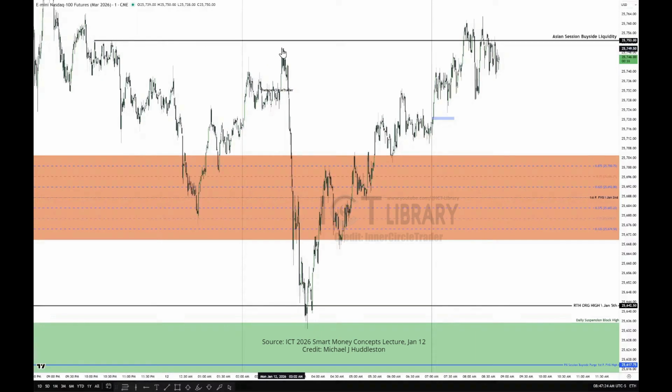The reason why I teach partials is because this type of thing can happen where there's a high, it runs above it, but your objective doesn't get met until a later time. And if you're buying that fair value gap there, you can't weather that type of retracement, which is why we use stop losses. But if you don't know what you're framing in terms of time, you won't understand where the liquidity is presently. By framing the references in time, the kill zones and the session highs and session lows, and relative equal highs and relative equal lows, you will know where the bigger bubbles are going to be.